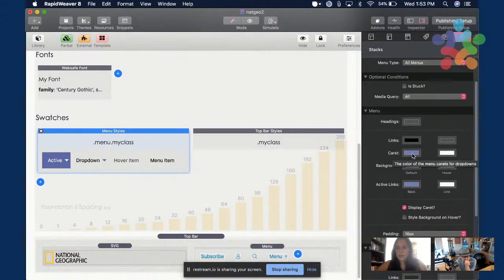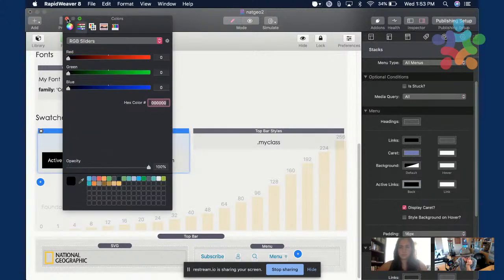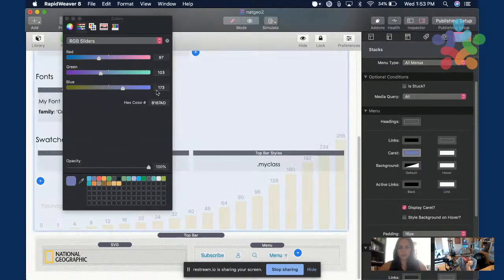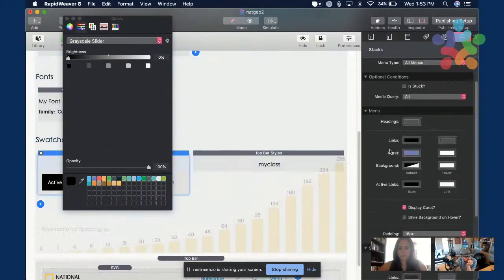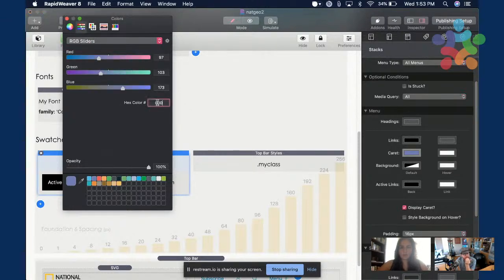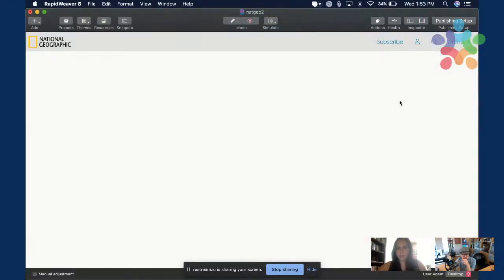And I want the active links to be black as well. And the caret, I'm not going to use the caret, but in case we, okay, so that should look a little bit better now.